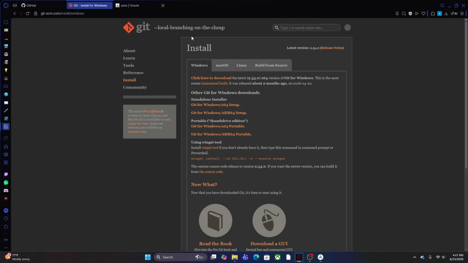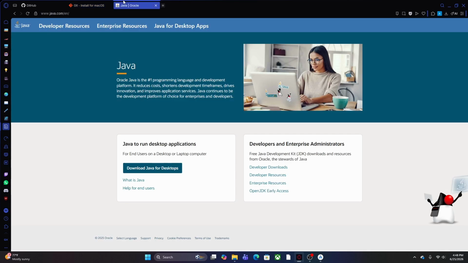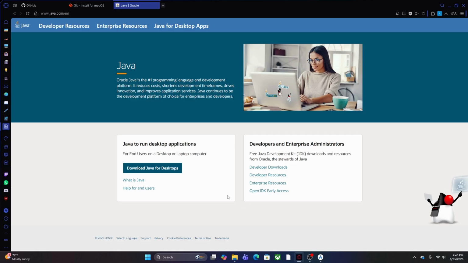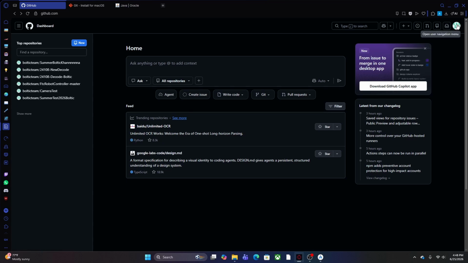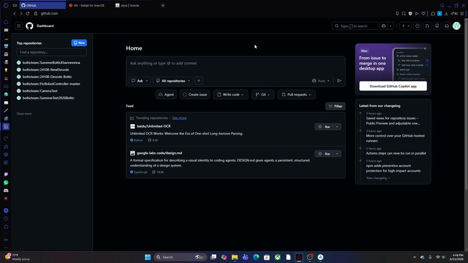But before we begin, we'll need a few things installed. Firstly, Git, which is basically the software that GitHub uses to actually track your code, save it, and let you go to earlier versions. So we can install it by going to this website and clicking the appropriate links for your operating system. Next, we'll need Java, which is the language that most teams use. And you'll also need Android Studio, which is a recommended IDE for FTC. And of course, you'll also need a GitHub account, and we recommend that your entire team uses the same account for simplicity. And once you have all these things, we can finally begin setting it up. And we'll provide the links to download all these in the description below.